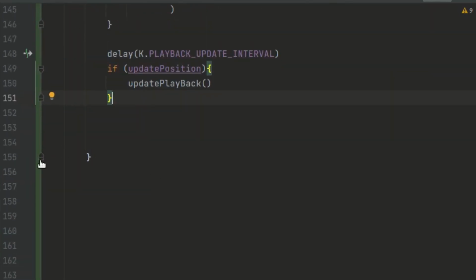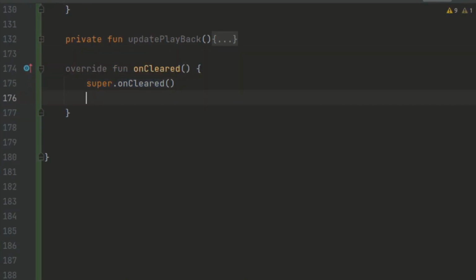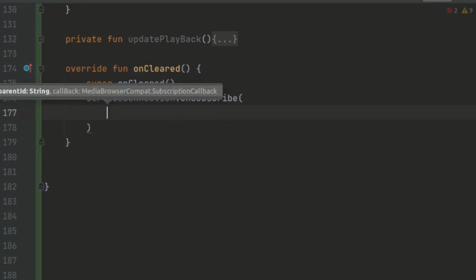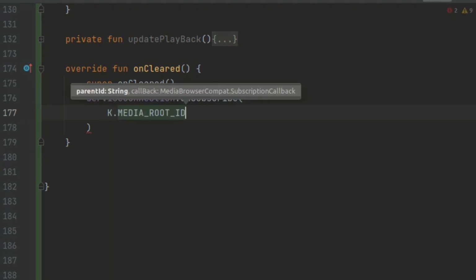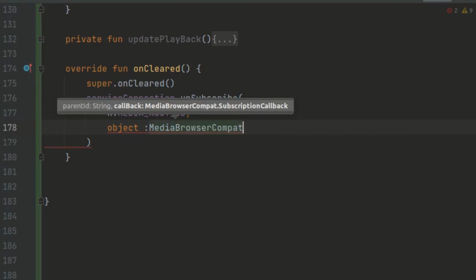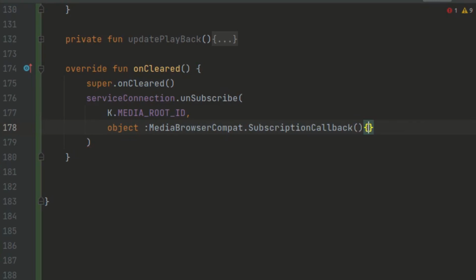Okay, so we want to also finish up our media browser. We want to unsubscribe when our view model is disconnected or cleared. So we can just override the onCleared method. Basically here now we can call the service connection, and we can call unsubscribe. Here we want to pass in the root media ID, so we can call this K.MEDIA_ROOT_ID. And here we want to pass in the subscription callback, so we can pass in the media subscription callback,